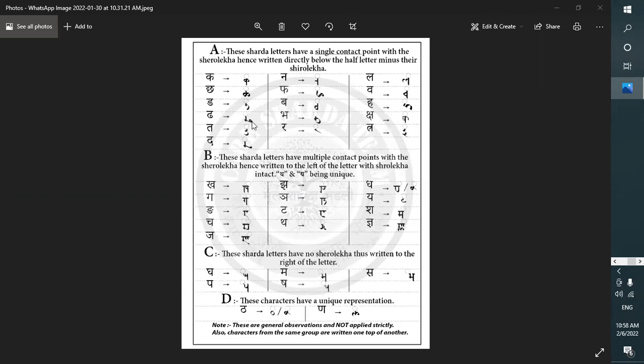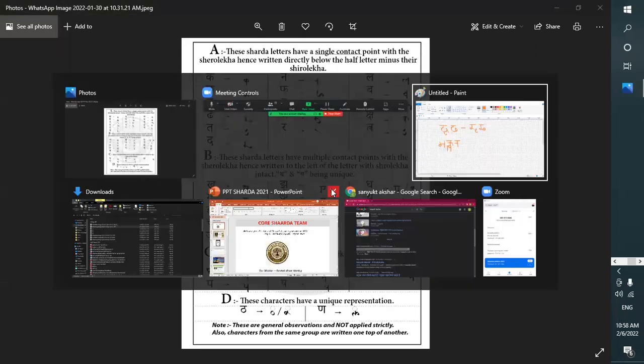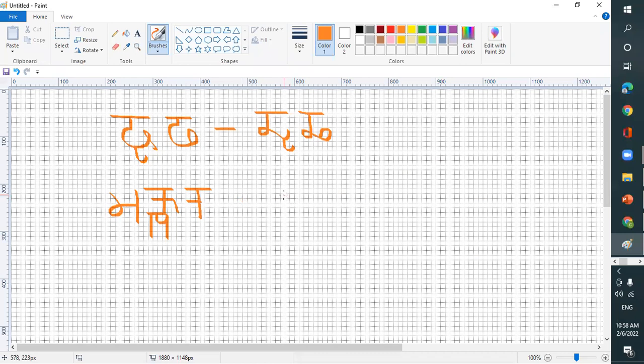आज के दिन हमको सिर्फ इतना रखना है: ए कैटेगरी जब शिरोरेखा के साथ एक बार टच होना है, बी कैटेगरी 1 or more than that, C category where there is no shirorekha, these alphabets have no shirorekha, and D categories are only th and na. These are the things which we learned today. थोड़ा सा हमने आज कुछ A alphabets और B alphabets के words लिखे। और एक important point जो मैंने बोला आज कि शारदा में एक word common शिरोरेखा से टच नहीं होता है। दूसरा point मैंने ये बोला कि जब क के नीचे कुछ भी होता है तो क को ऐसा लिखा जाता है, ये आपको याद रखना है।